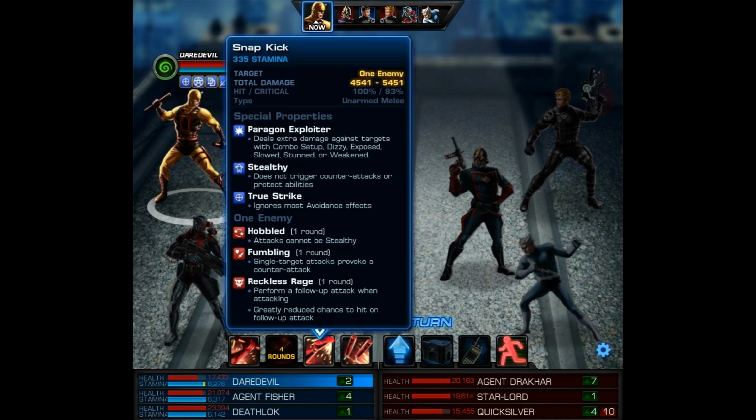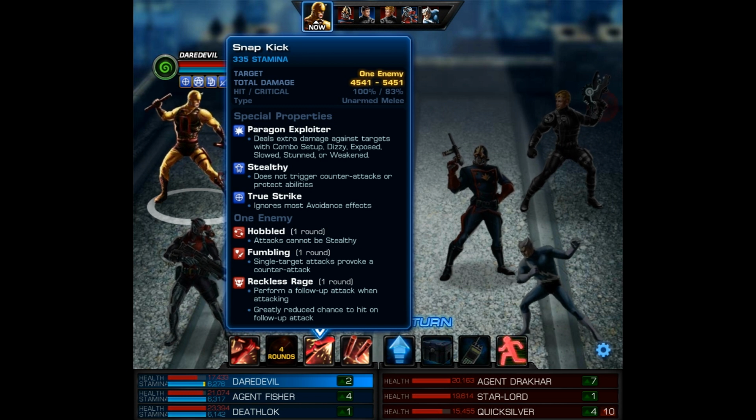What it does is it causes Reckless Rage. The enemy will perform a follow-up attack when attacking, but it says greatly reduced chance to hit on this follow-up. Now if only that were the case, because the enemies rarely ever miss me, and that's part of why I hate it so much. Otherwise, sure, you could use something like Combo Breaker, and so you would get some extra